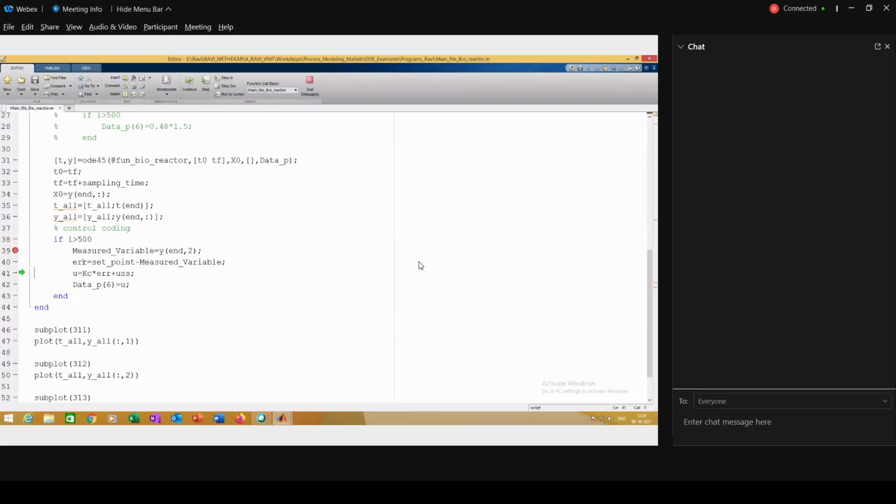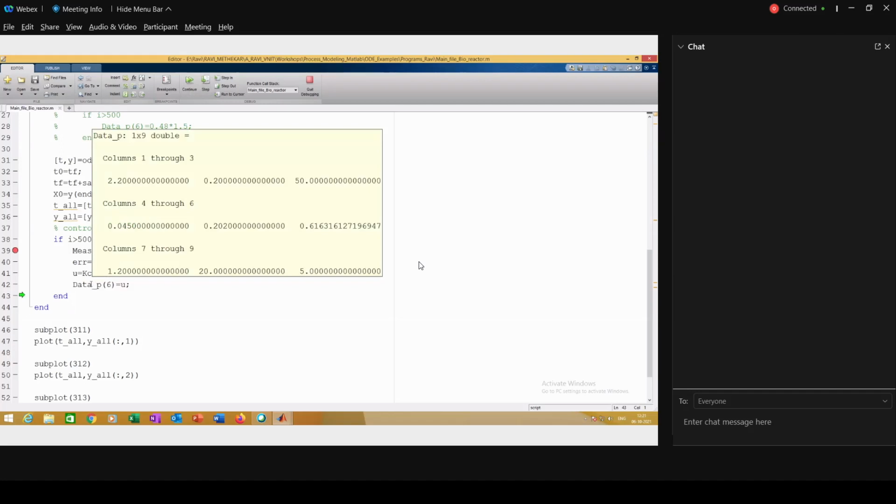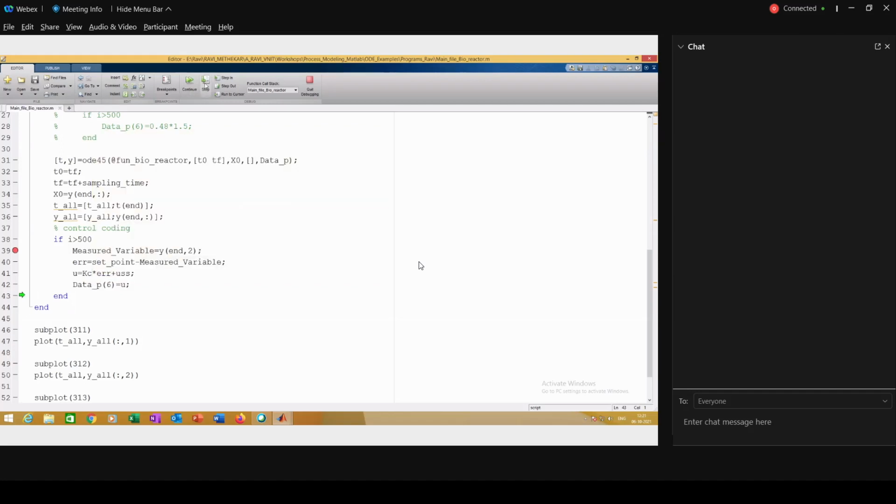So I got the error as 0.27 because my steady state value is 1.22, the set point is 1.5, and then I got U, which is 0.6163.